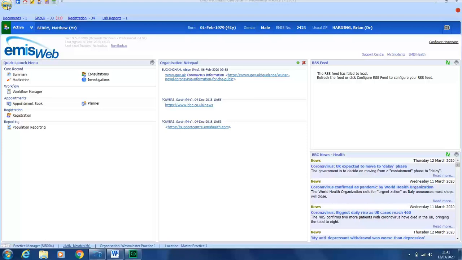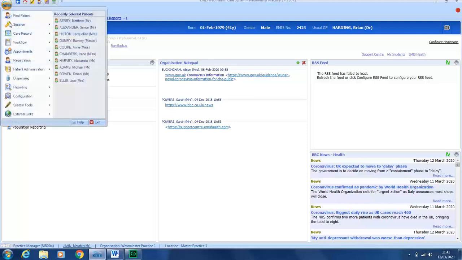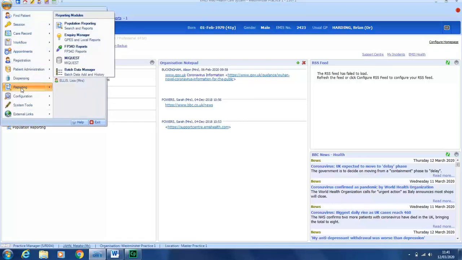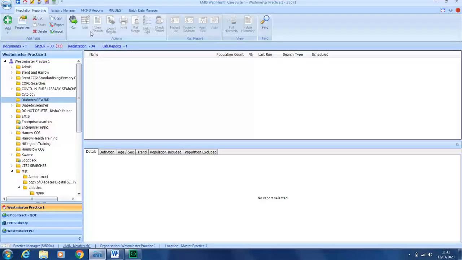So I'm assuming that you have the necessary access rights to be able to import components into your EMIS Web system, and that you've downloaded these from the No Diabetes website. So we'll click on the EMIS button, as with any other sort of importing process. We'll click on reporting and population reporting, and we've created a separate folder here called Diabetes Rewind. You might want to do the same yourself, so we'll click on that, and then we will